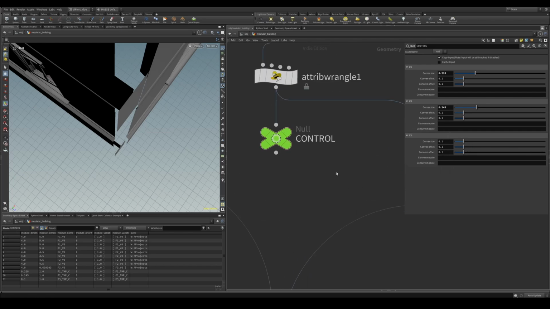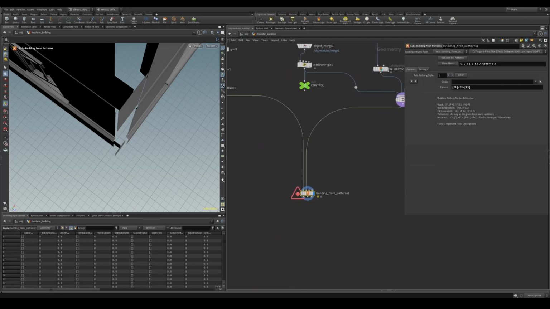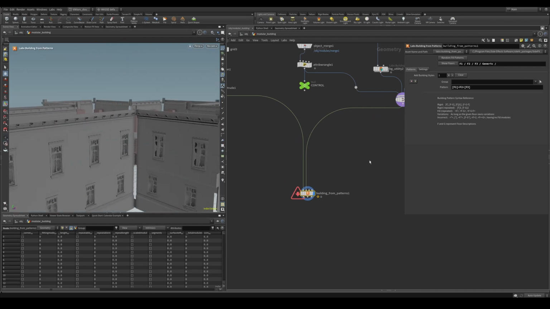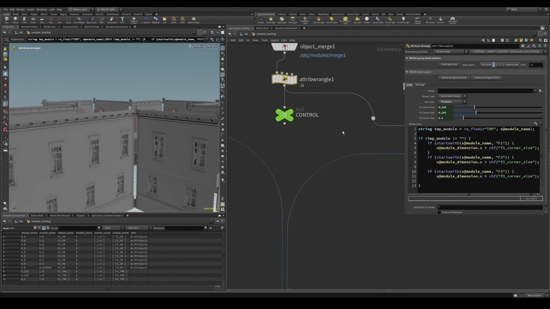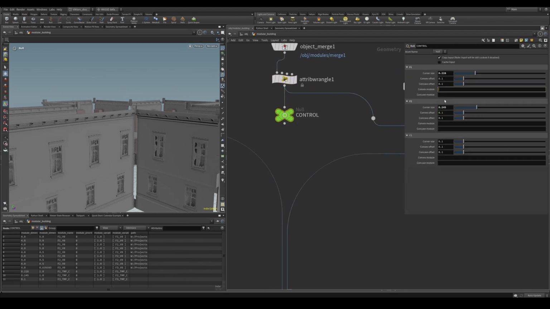Since we are instantiating temporary corners for our buildings right now, we want to go ahead and override these corner module names with our actual corners. This is where the convex module and concave module for each floor comes in handy, where we will be able to select the